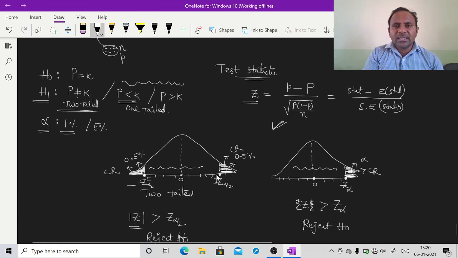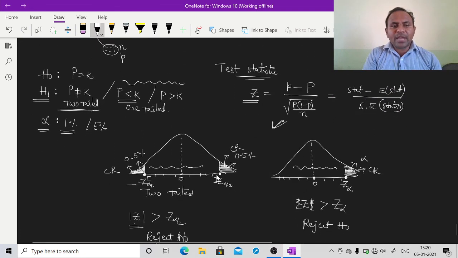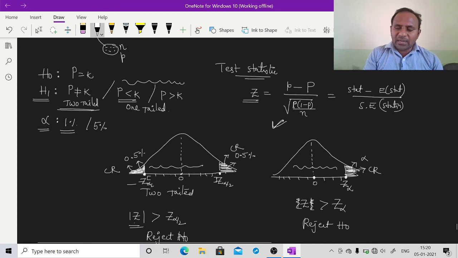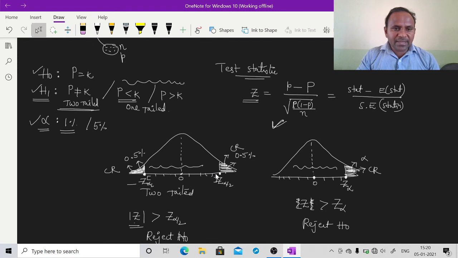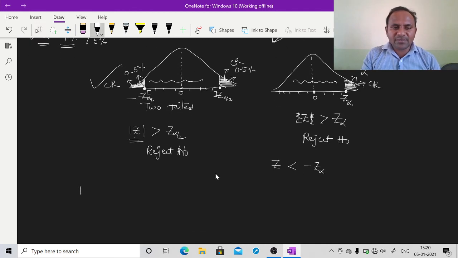In this, we need to write all of these: the alternative hypothesis, null hypothesis, level of significance, and you need to identify in which region we have to accept or reject the null hypothesis. It's the critical region, and then the test statistic. Depending upon these two values, we lastly take a decision. Our decision will depend upon the values of z and the values of z alpha or z alpha by 2.